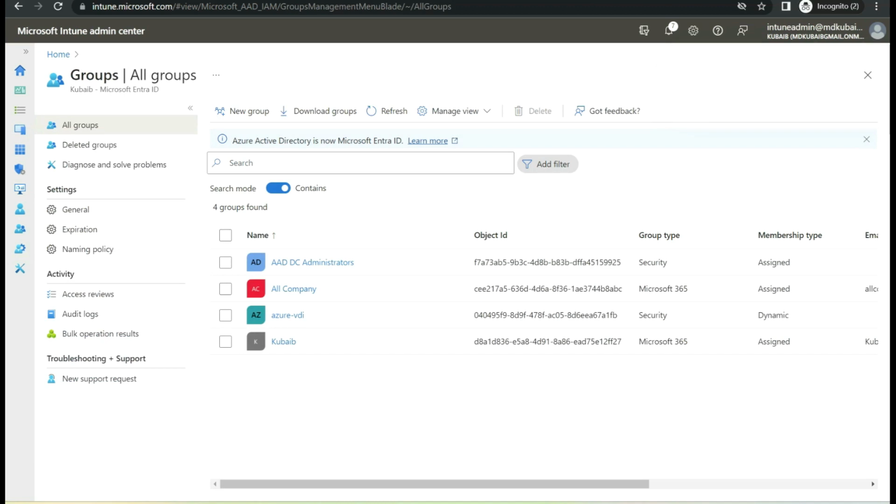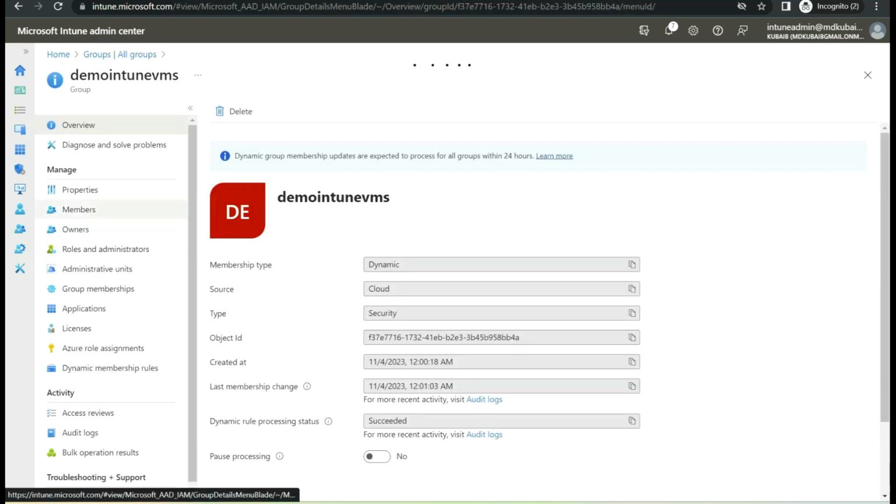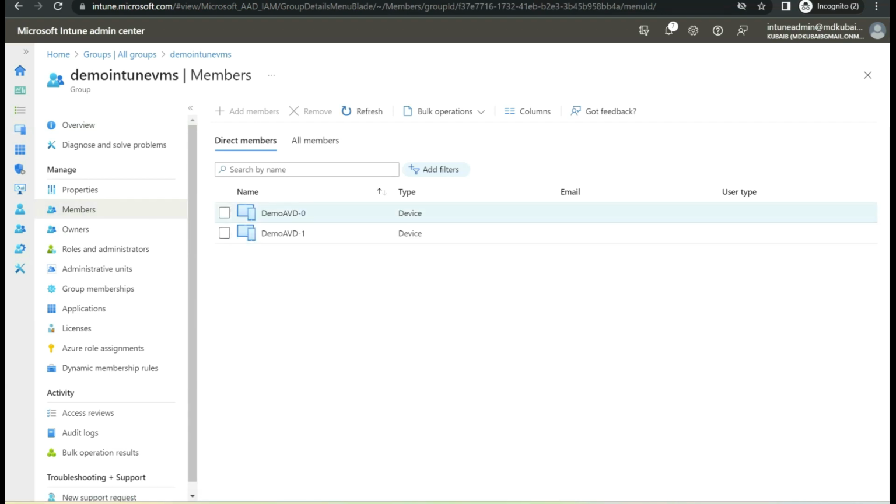So we created a dynamic query. Let's wait for some time and we will see all those VMs should be part of this particular group. Let's refresh this page and then we will select the group. Under group we will go to the members. If you see, my VMs, which are demo AVD 0 and AVD 1, got automatically added to this